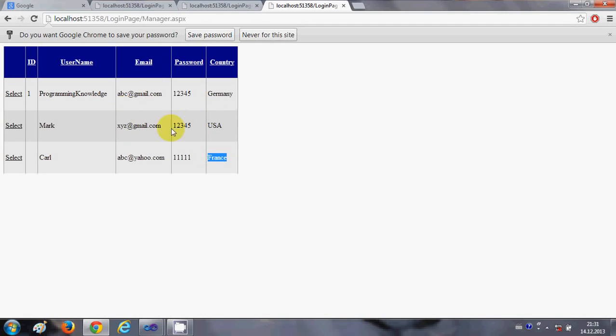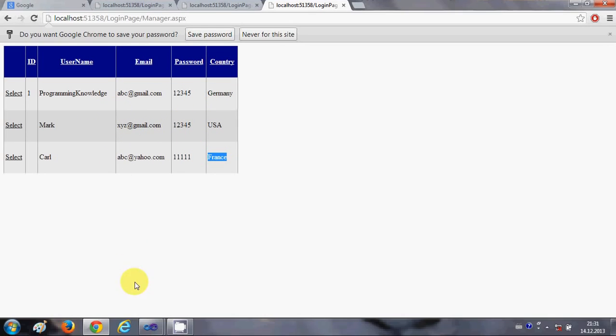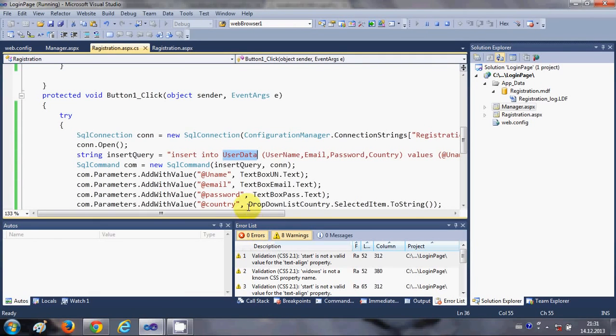So now you have successfully connected your registration form with the database. Now in the next video I will show you how to create a login page, so that whenever a user already registered wants to log into your website, he enters his username and password, and he can access